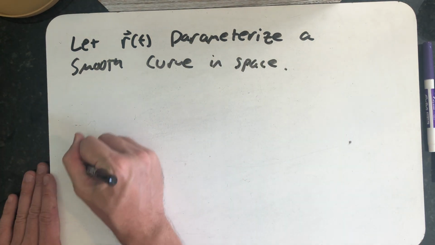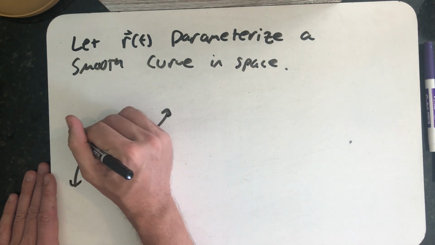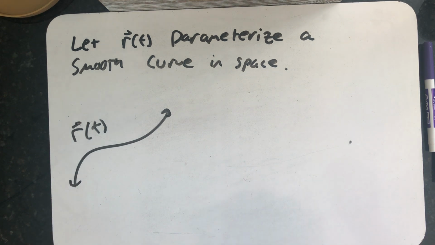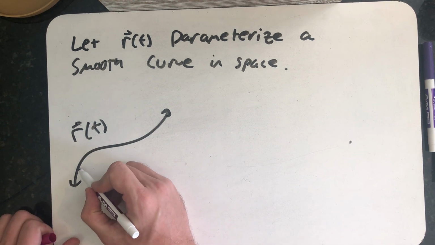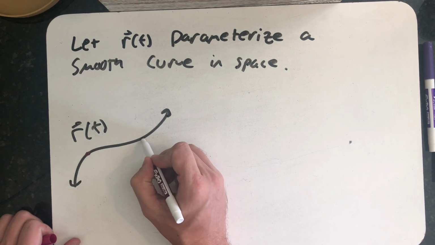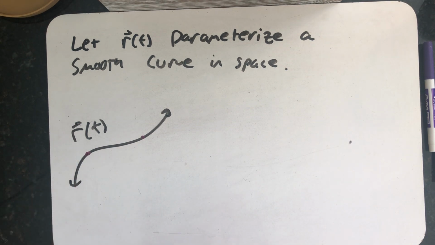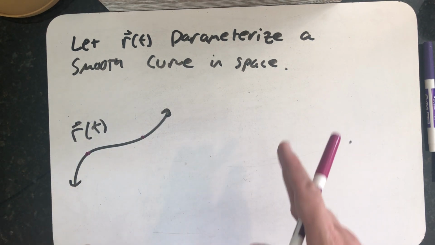So I have some curve in space, and when I say smooth, we mean that I can take derivatives at every point, so no sharp corners, and it is continuous at every point, so no hops, skips, breaks, or jumps. And this is obviously curving in a couple places, actually in all of the places, and I put a dot here because that curvature reminds me of one of the smaller circles,